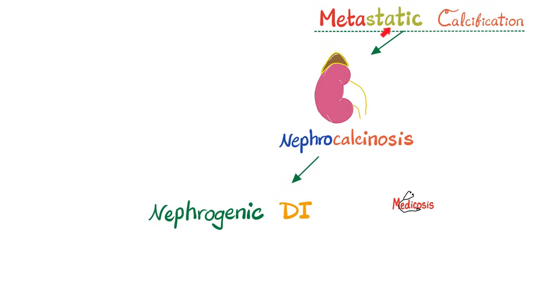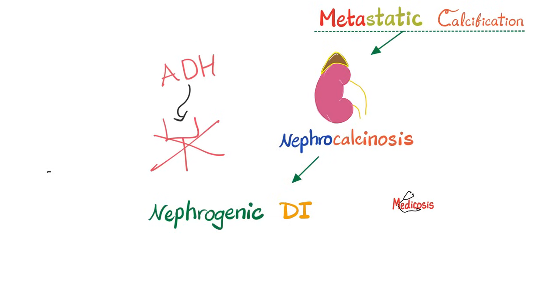Did you know that metastatic calcification can deposit calcium in normal tissues? So you get calcium and you get calcium and you get calcium. This can lead to nephrocalcinosis or pathological calcification of the kidney. And when the kidneys are toast, guess what's going to happen? The kidneys can no longer listen to and obey the anti-diuretic hormone. This is receptor resistance or receptor pathology, making the receptor insensitive to the ADH hormone.